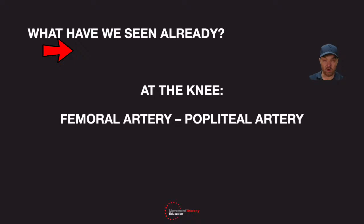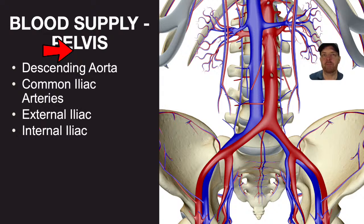That'd be good. So what have we seen already? At the knee, we've seen where the femoral artery turns into the popliteal artery. Okay, and it's exactly the same artery. It's just given a different name at the different points that it comes through. And then, but this is where it's originally come from. So this is your descending aorta, obviously because it's red. And then this is your inferior vena cava. So this is the main deoxygenated blood back to the heart. Okay, we've got some branches there going off to the kidneys,